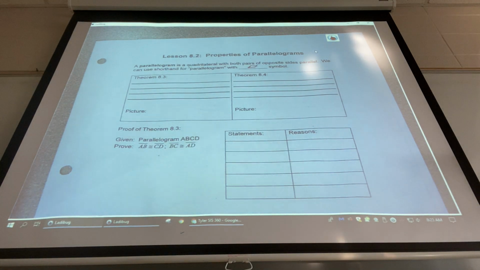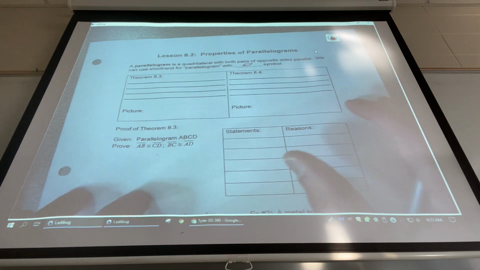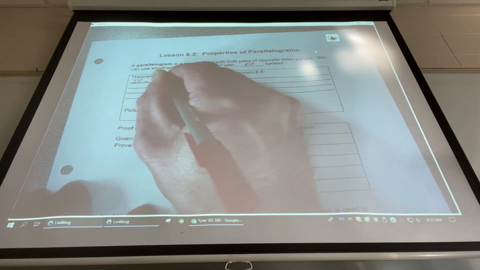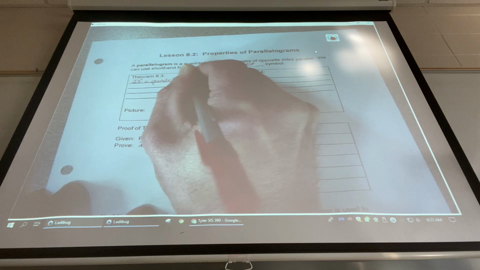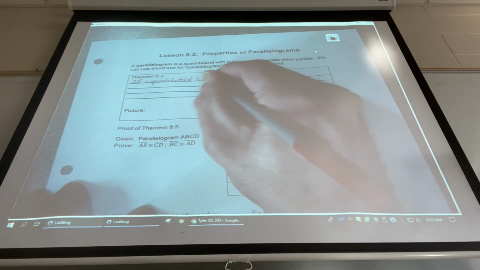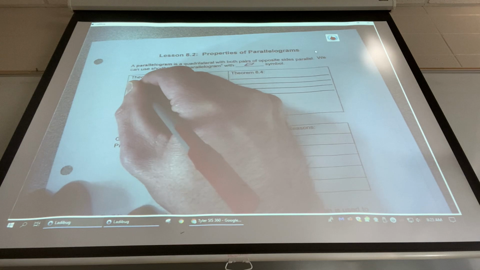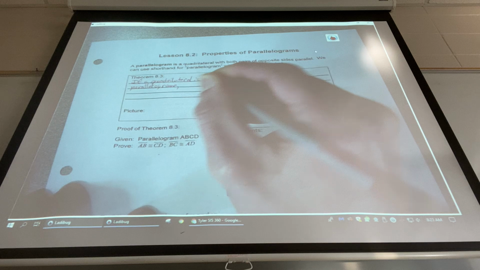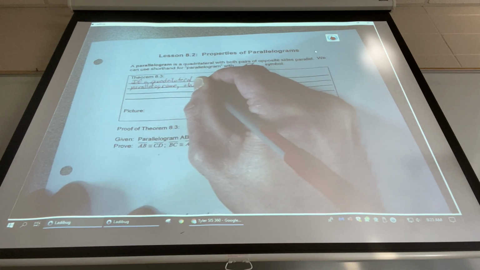And we're going to just learn a bunch of stuff that results from the fact that if you take a quadrilateral with both pairs of opposite sides parallel, there's all sorts of relationships that result. And the first one is this. Theorem 8.3 says, if a quadrilateral is a parallelogram, comma, then it's,